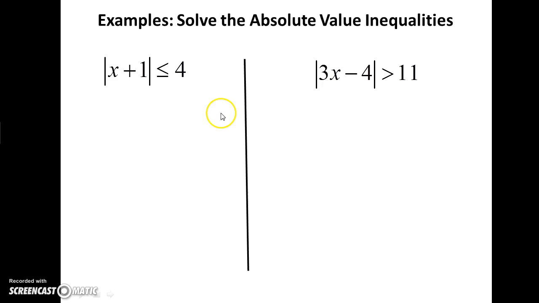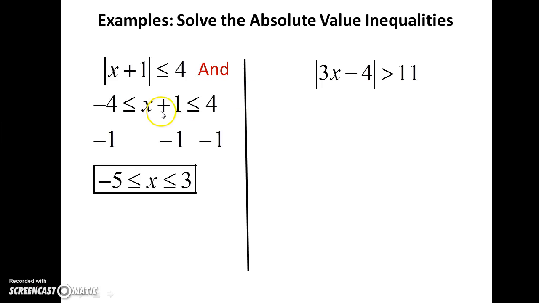Here are the answers. For the first one, we see less than symbol, so that is an and inequality. The setup is then the middle on the inside, surrounded by two less than symbols, and then we place this number on the end and make it negative and post it on the left. Then there's only one step here. We subtract 1 from all sides. This is our final answer. For the